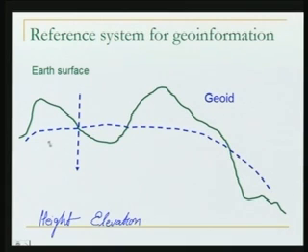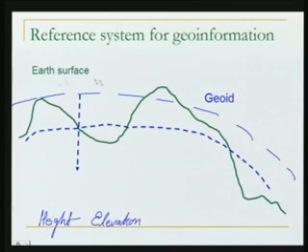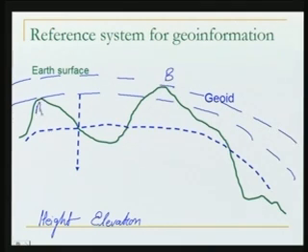Well, if this surface is a geoid, there will be a geoid surface which will pass from here also, and which will be nearly parallel to this surface, as well as another geoid surface which will be passing through the point B, while this is point A. Now one thing we observe here, what is the meaning of height in surveying?